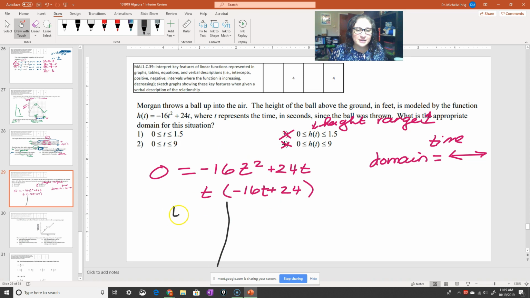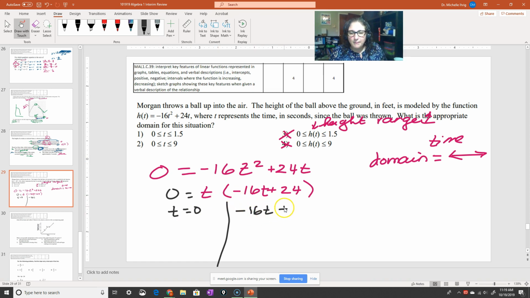So here I'm going to say t equals 0. The reason why I'm setting each one equal to 0 is because it's a multiplication. And we know anytime we multiply 2 things together and the answer equals 0, one of the 2 things has to be 0 in order for us to get 0. So that's why we have to set each of those ideas equal to 0. So t equals 0, we already know that. Now we solve our next one.